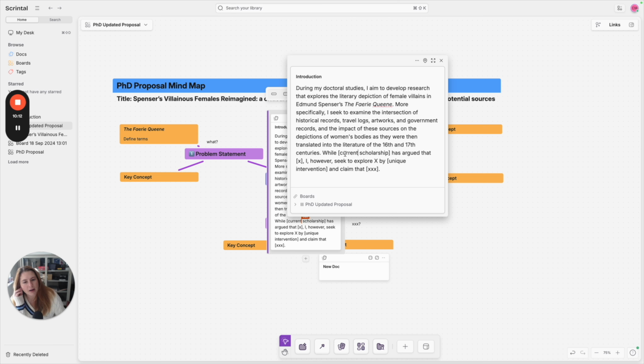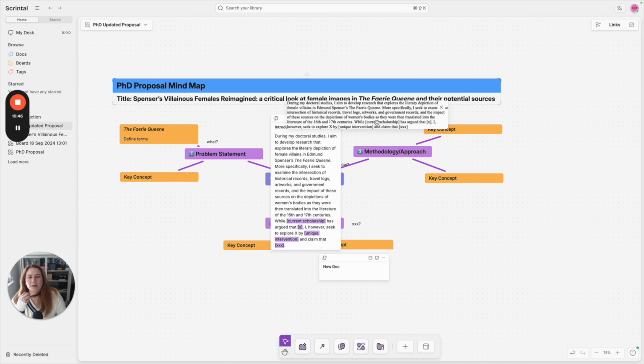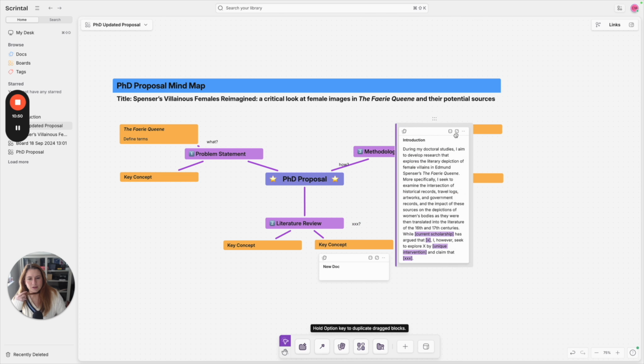There are a couple of things that I need to fill out here, so I'm just going to be highlighting those because I need to come back to them. Perfect. So that's my introductory paragraph over here,